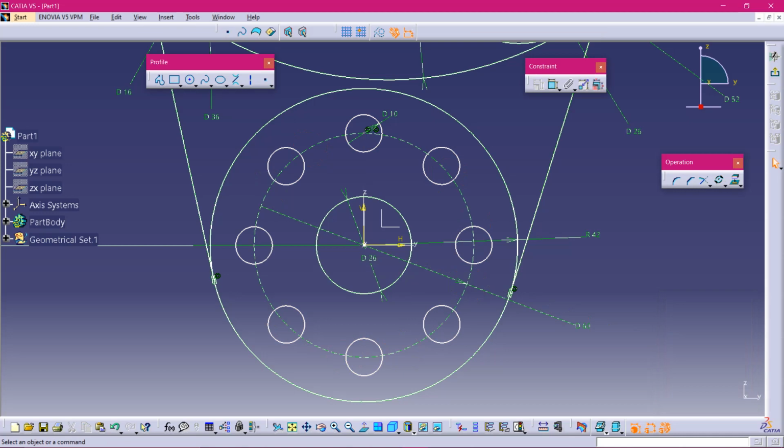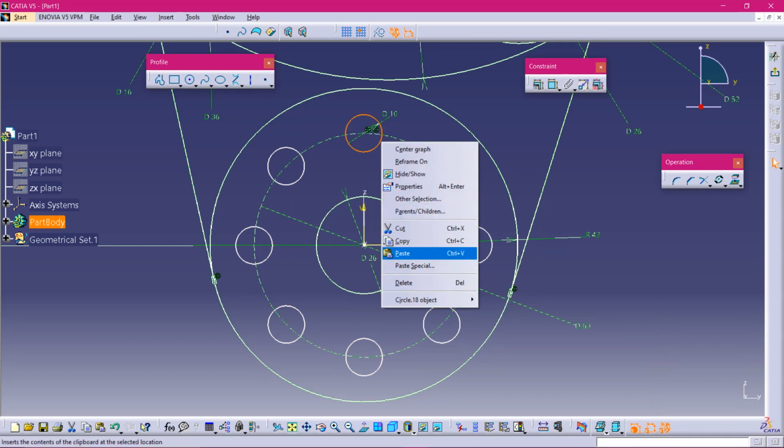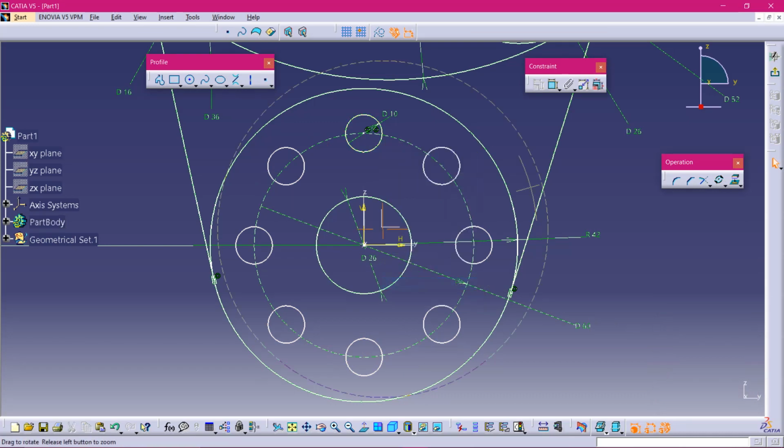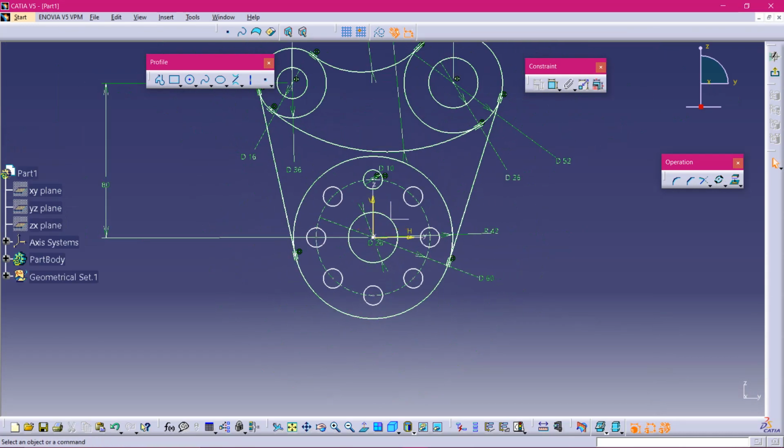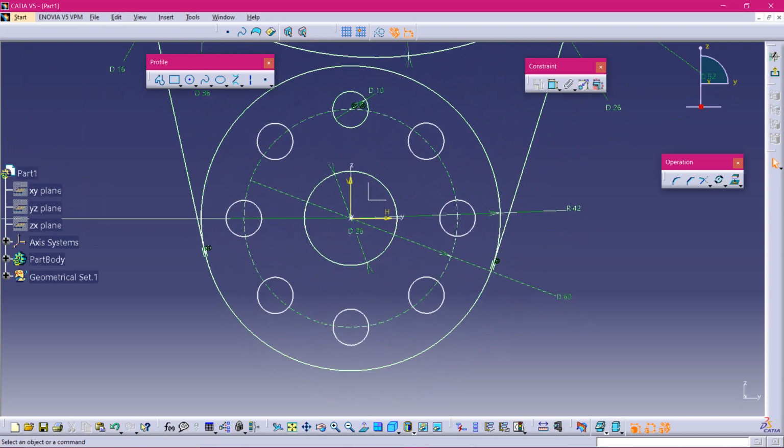Now just click OK. See, it has created a circle over another circle. So just click on it, right click, and delete. See, your sketch should not be overlapped. That means 2 or 3 elements should not overlap on other elements. So this was done. Next, what do you have to do? You have to constrain all these 8 circles. That means you have to give a diameter for all 8. See, that's not necessary. We have an auto constrain toolbar here.